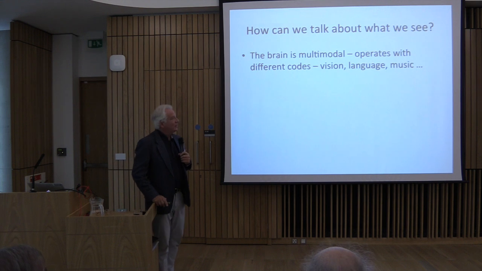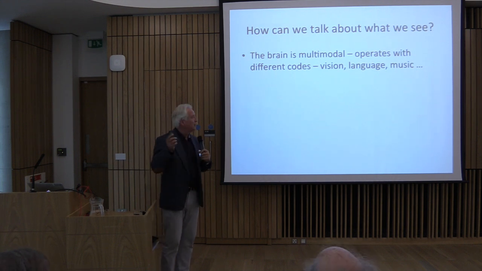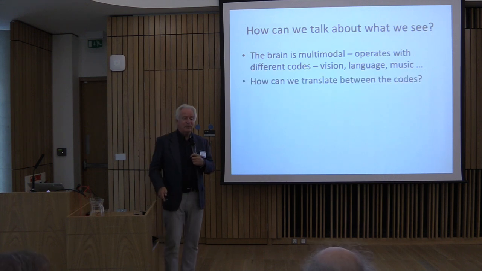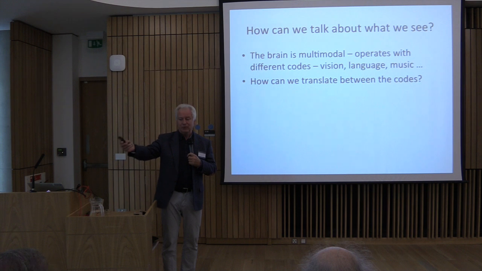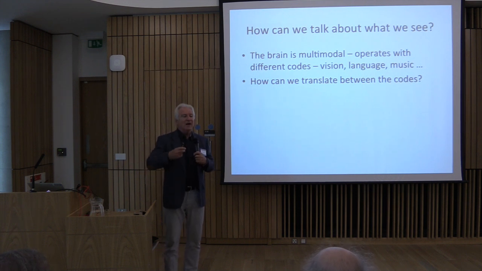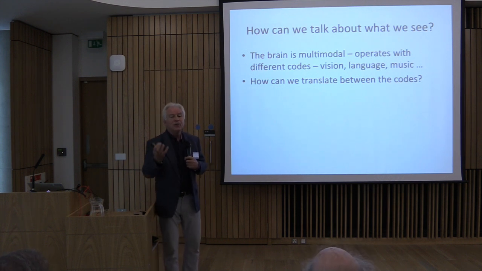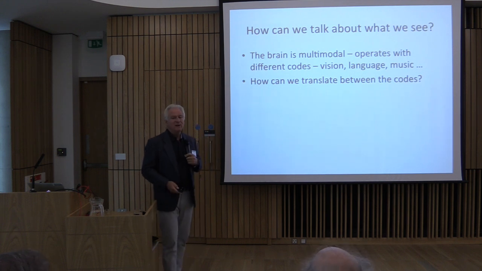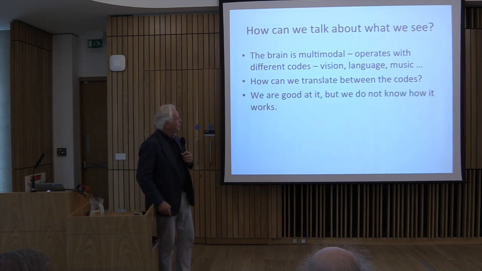Well, the brain is multimodal, with different codes. We know that we have two different memory systems, we have different codes for vision, language, and music, and so on. And we can translate between these codes. I can talk about what I see, I can put names. And if I tell you a story, you can form an image of what I'm talking about. You can also answer questions about what was happening, making inferences from these images. We don't know how it works. That's one big problem, to know how the connection between perception and